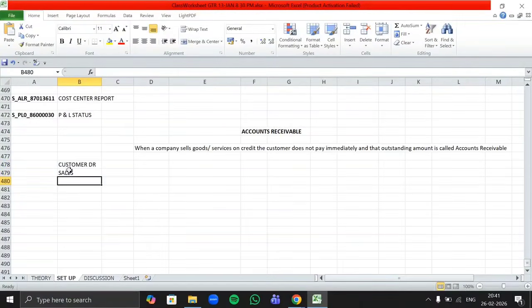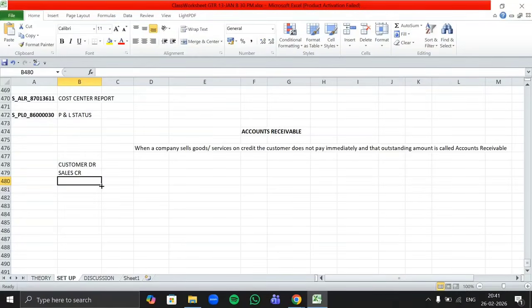So when you book this entry, when you generate an outgoing invoice, we have to send a bill to our customer saying that this much product has been purchased from us. We have sold this much product to a customer, and you have to pay this much amount of money to the company. Such an invoice is sent to the customer when we deliver the goods to them. So this is the entry that comes when you book a customer invoice.